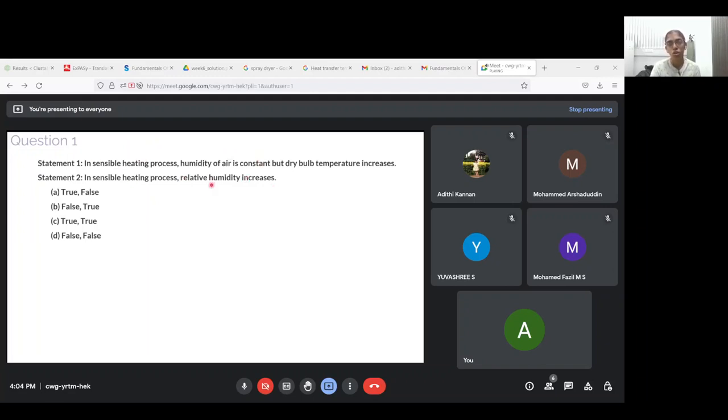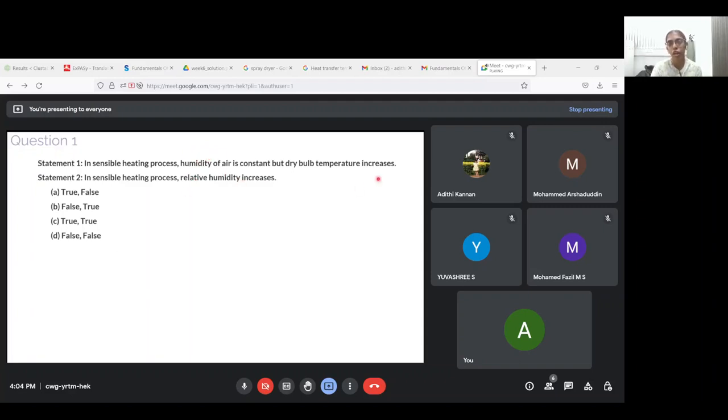So what is the term humidity? How do you define humidity here? So humidity is the amount of water vapor divided by the total amount of air present. So that will tell you the amount of water vapor that is present in the air and is termed as